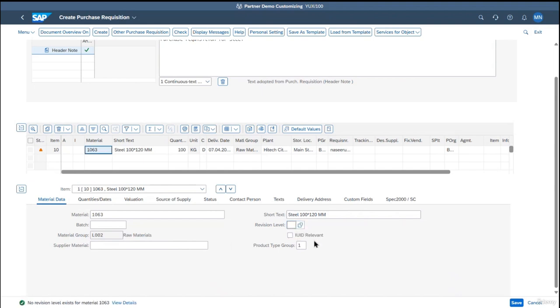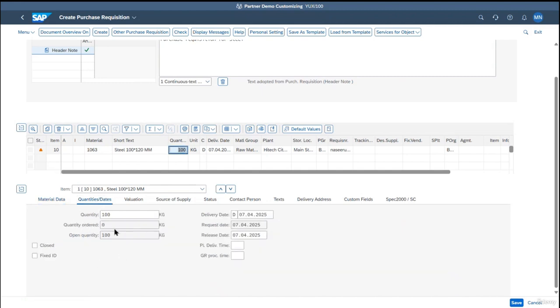Then UID relevant and the product type group. So whether it is a material or a service level that you have to maintain. Next, I have entered the quantity. So the quantity detail tab will come here: how much quantity you have ordered, open quantity, delivery date, requested date, release date, the plant delivery date, and the GR processing